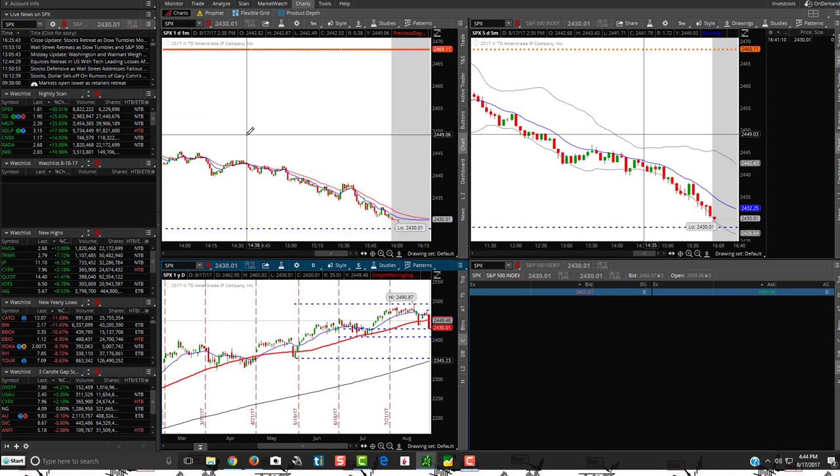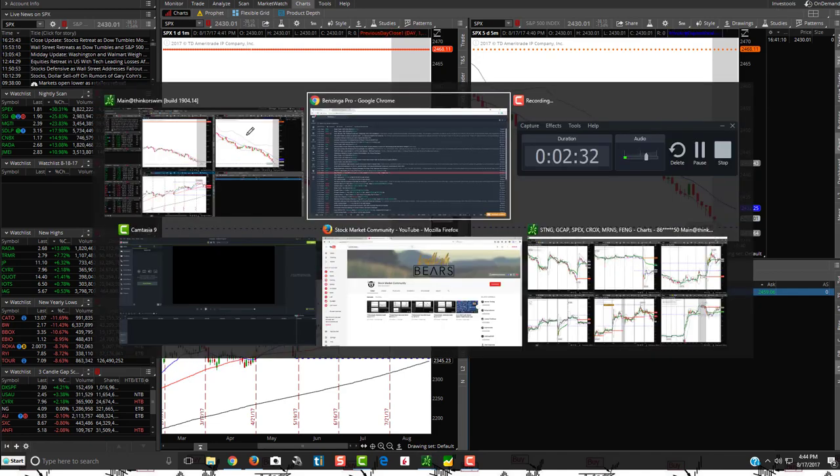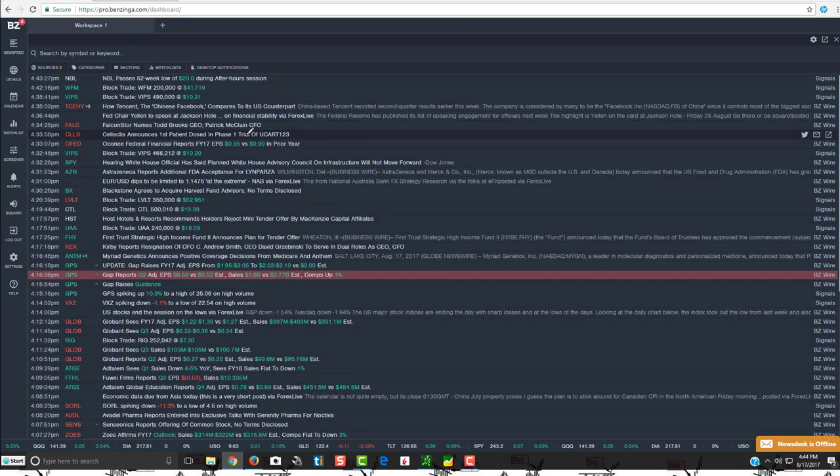So GUID, Soros Fund Management reports a 6.18% passive stake in Guidance Software as of August 7, 13G filing for GUID. Oh, there you go. Let's go over and see. Not sure if you could hear that, but usually after he reads it, they'll update it here. Not sure if they will after hours, but that's pretty cool with the Squawk feature.